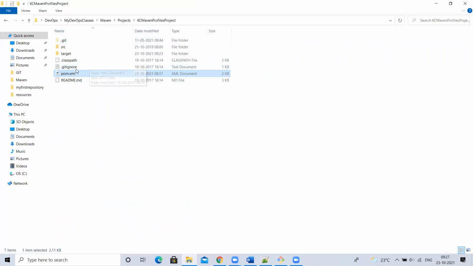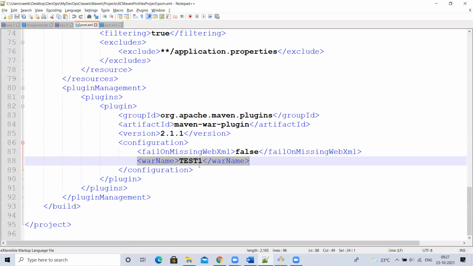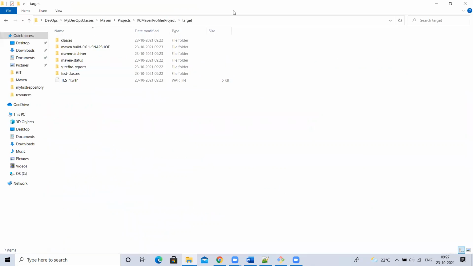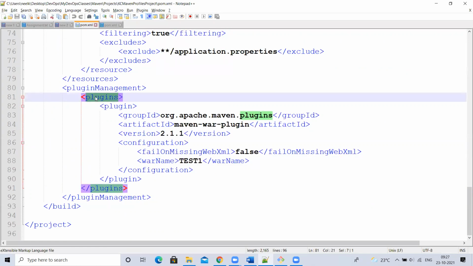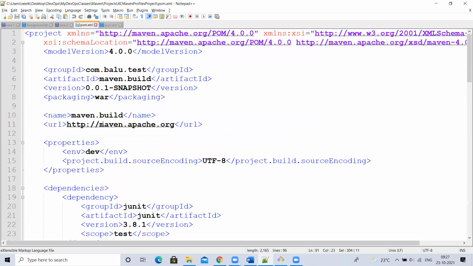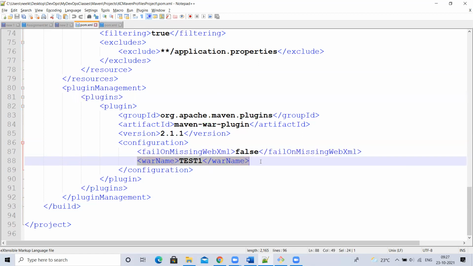See here, for this project I have used it, right? If you go to target, you can see test1.war, not this artifact ID version dot jar or war, right? Okay, like this you can use some plugins. So Maven supports plugins. Maven will generate a jar file by default. If you want to generate a war file, you have to add this plugin name. So you can copy paste this plugin wherever you want. It will automatically generate the war file if you specify the packaging here. You need not struggle. Just declare this as a war and copy this plugin. It will generate. And if you don't want a custom name, you can ignore this. You can remove this element.